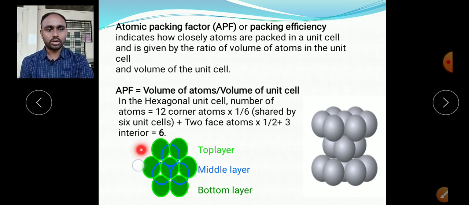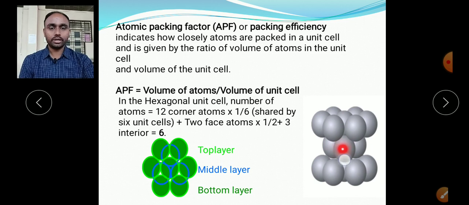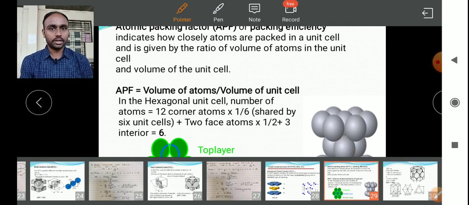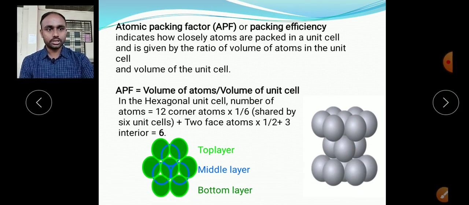So this is also another diagram I have shown here. These blue color atoms are the 3 internal atoms which are completely present in the unit cell, and the green color ones are the top and bottom layers, and here one dark green is the bottom layer. On that layer, we have the in-between layer, that is our 3 atom layer, which is completely present in the unit cell. Again we have the same layer as the bottom on the top.